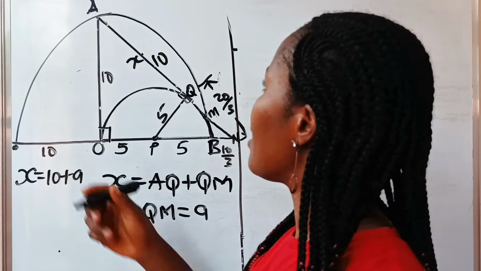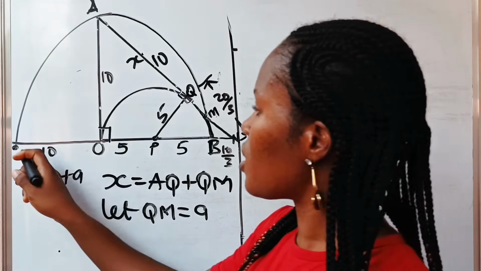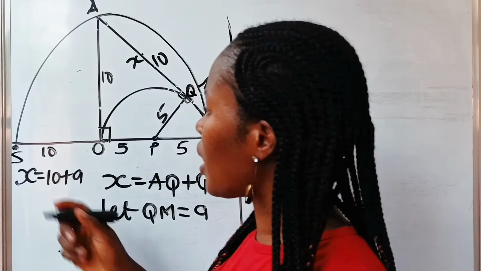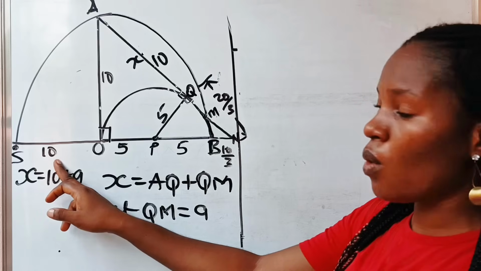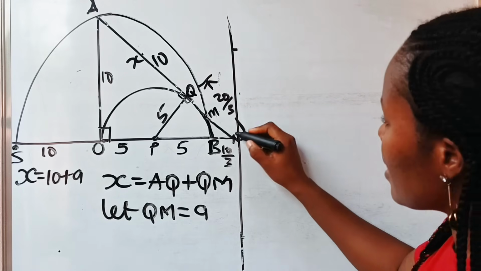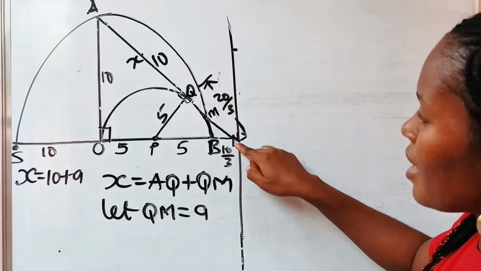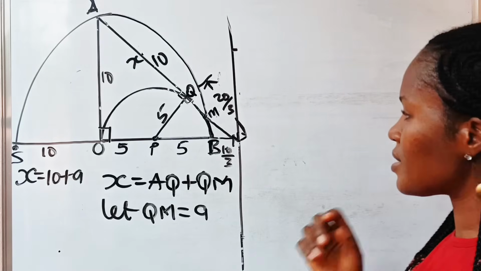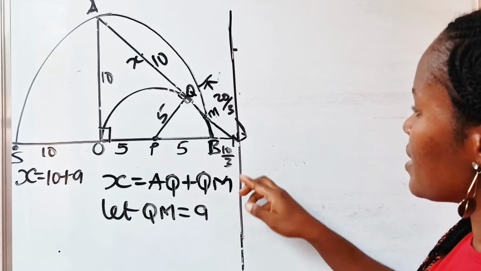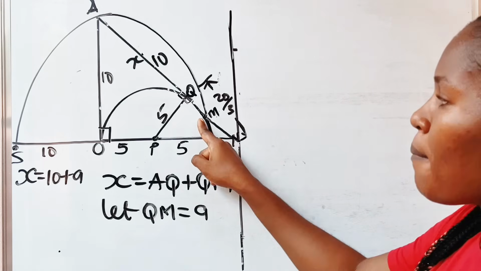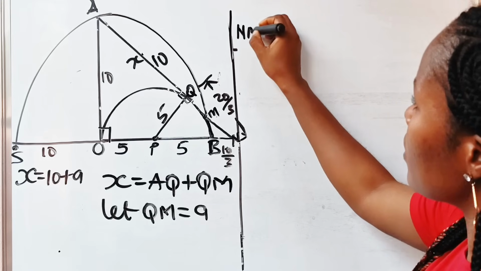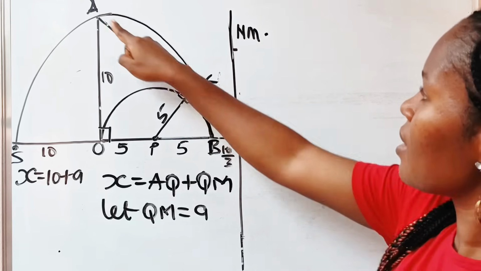Now let's call this, we have Q already. Let's call it S. Okay, so SO is also equal to 10. All right, now using what I just explained, remember that this is our N. So this N is our P, the external point of that circle, the external point that we are going to consider. Now it means that this N times this M, where it's touching the circle for the first time, so NM multiplied by NA